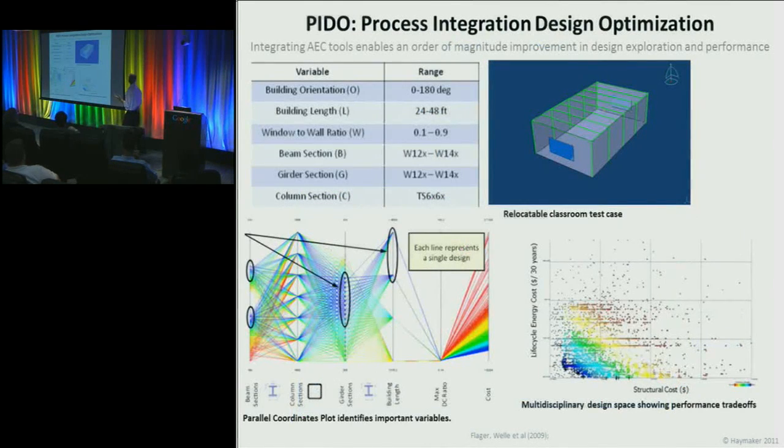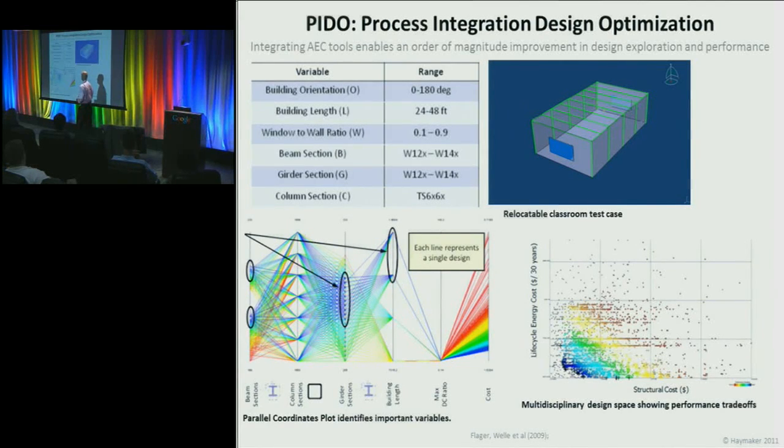So our first attempt at this was to do a very simple case, a classroom building. You can see we're going to vary the orientation, the building length, the window-to-wall ratio, and some parameters like that. That is what we're interested in looking through. And we're now able to get some really interesting performance trend feedback that just hasn't been available to